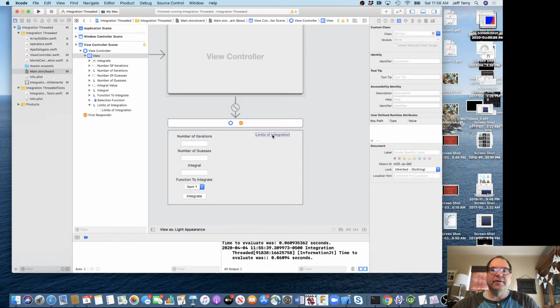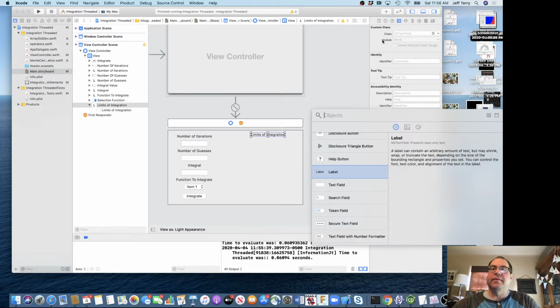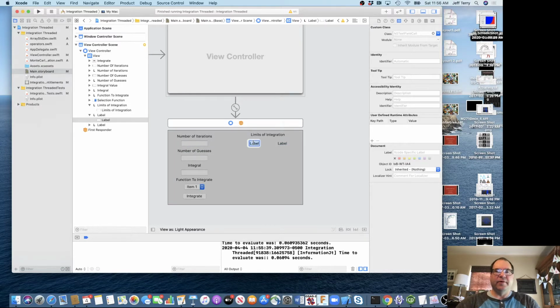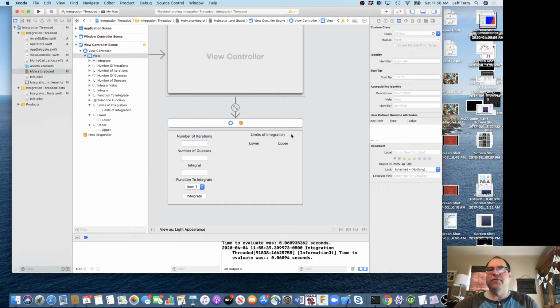That's good. Now we can add another label. Let's put 2 of them in here. We'll call this lower, call this upper, and then like we did before,